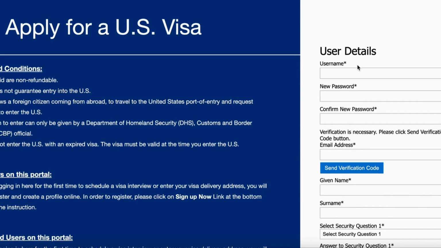To make an account on the CGI portal, you have to enter a username. You can choose any username you want. You can enter your name or anything you want, but make sure you remember this username and password. Now here